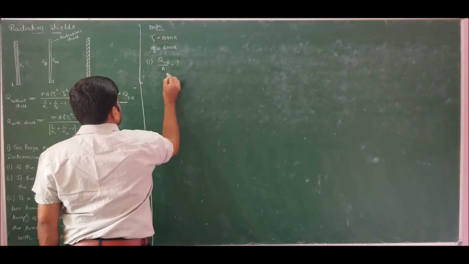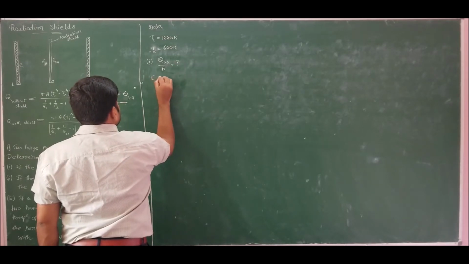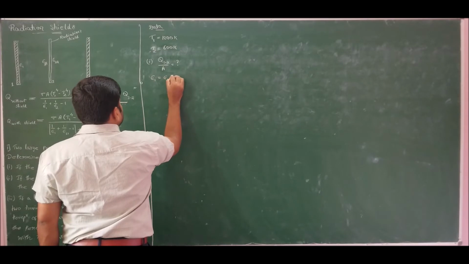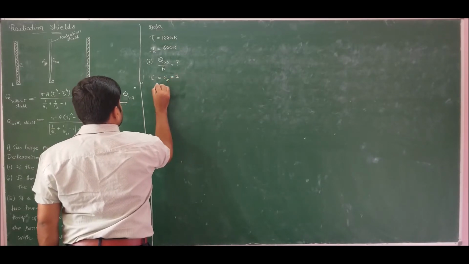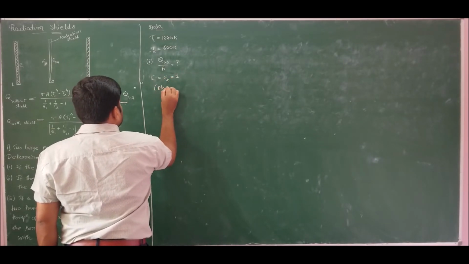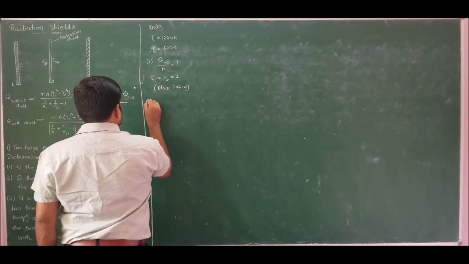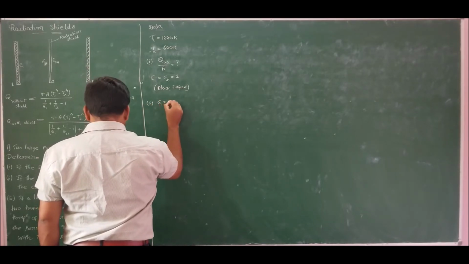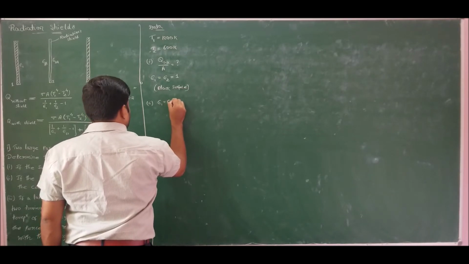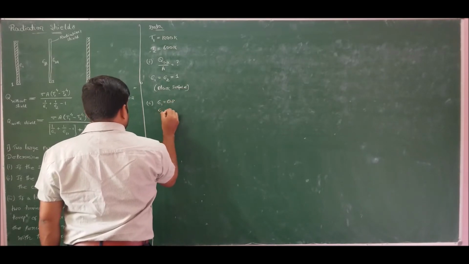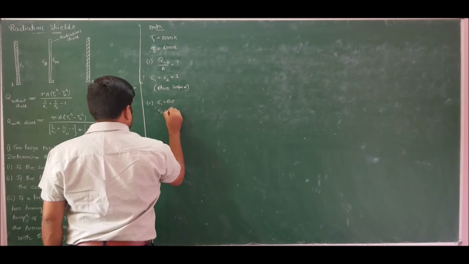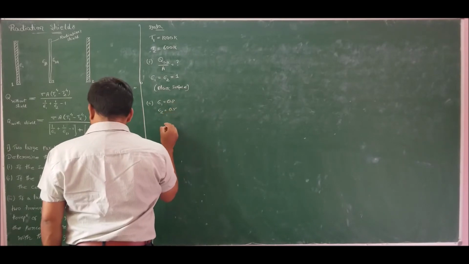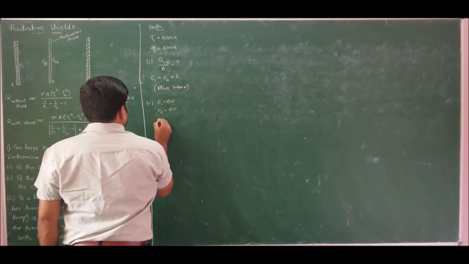We know that for a black surface emissivity is 1, so epsilon 1 is equal to epsilon 2 is equal to unity for black surfaces. The second part is asking, if the hot one epsilon 1 has an emissivity of 0.8 and the cold one epsilon 2 is 0.5, what is the heat flux